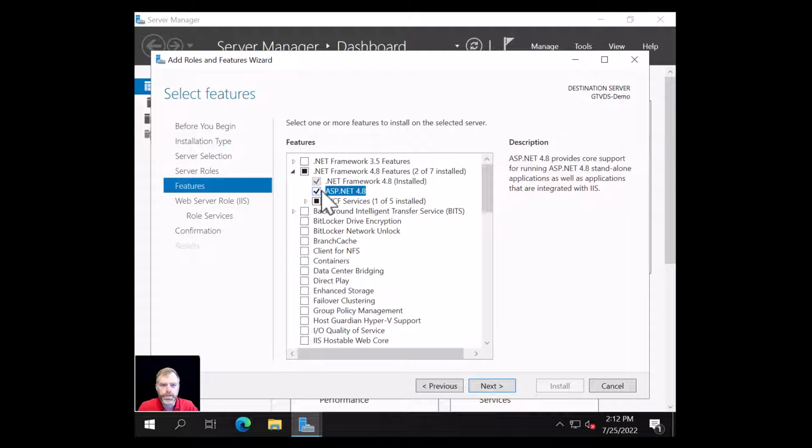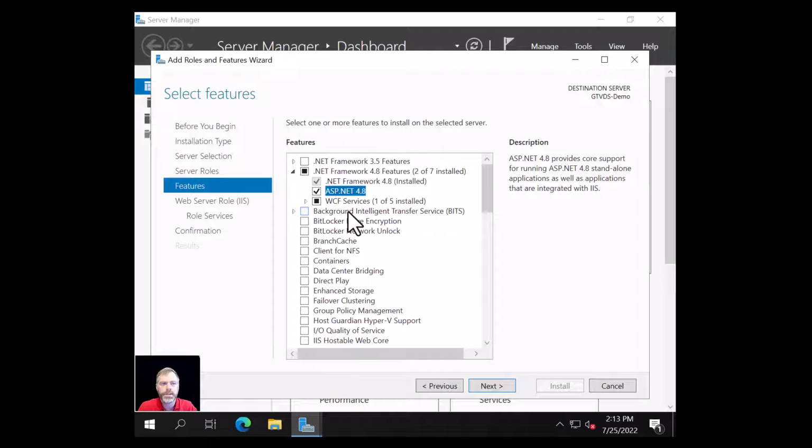If you're using an older version of Windows Server, this may be a lower version, like 4.7 or 4.6. Go ahead and check whatever the highest version is, and you'll have to go back and make sure you have the .NET Framework Runtime version 4.8 installed. The version of ASP.NET can be a lower version than the .NET Framework for the runtime, and it will all work in the end, but you need to install whatever the latest ASP.NET is on the server you have. And if you're using a version of Windows Server that's older than 2022, I believe you have to install the .NET Framework 4.8 runtime. You get it by default with 2022.